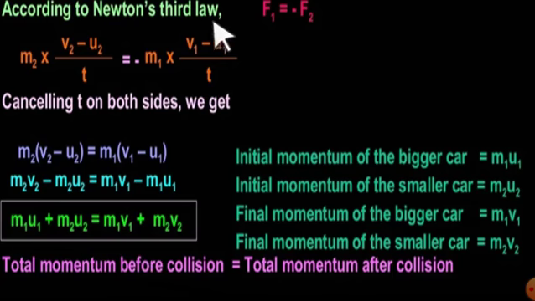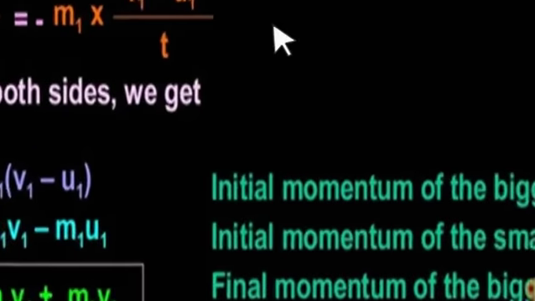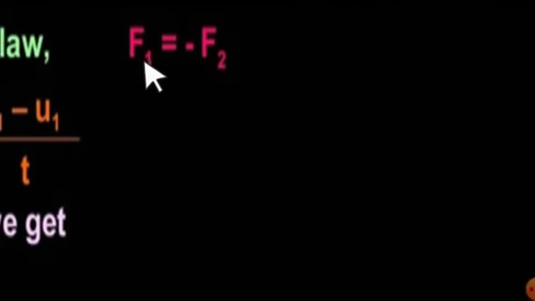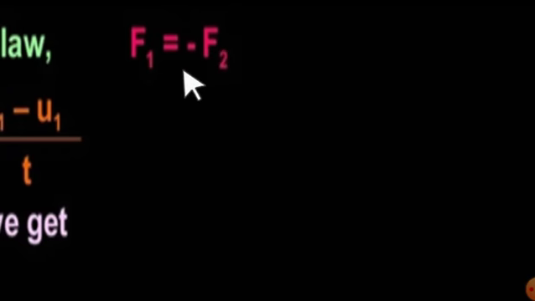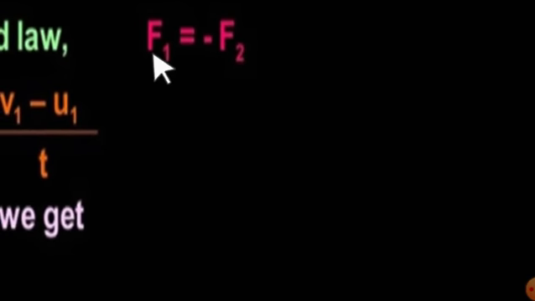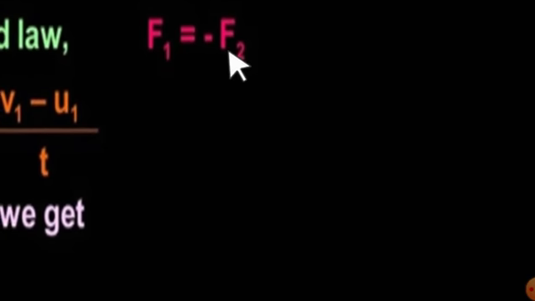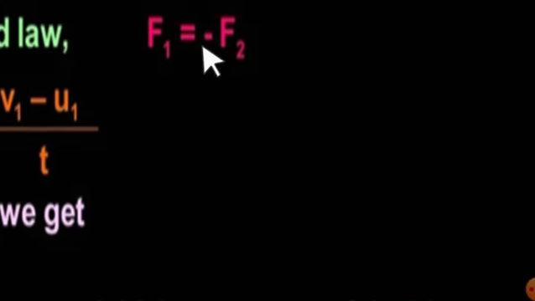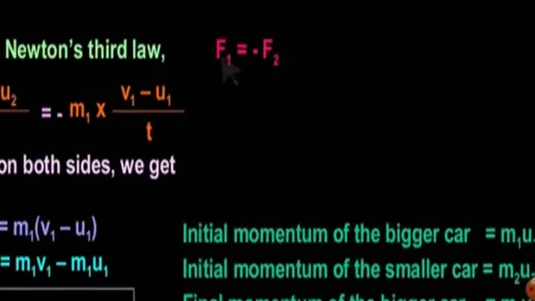According to Newton's third law, as I said, F1 is equal to minus of F2, right? You can also write F2 is equal to minus of F1, it doesn't matter. So if one force is equal in magnitude to the other, and we relate them by equal to, and they are opposite in direction, then one minus should be given either here or there, but not on both sides. Got it? So this represents that the two forces are equal in magnitude and opposite in direction.